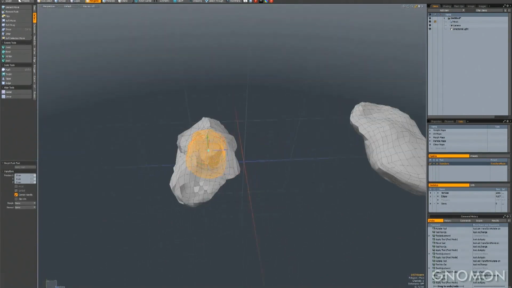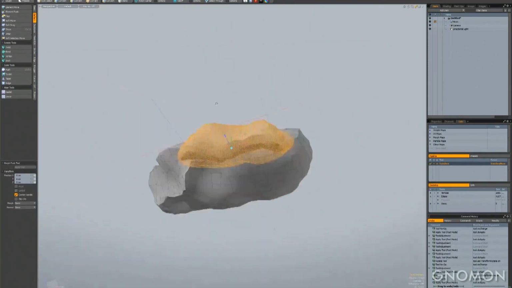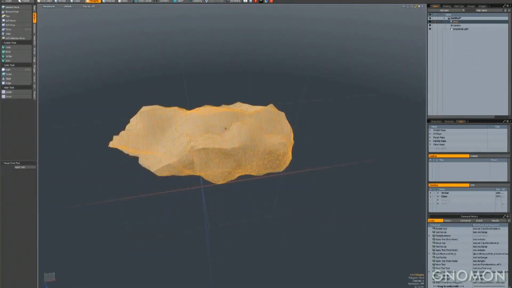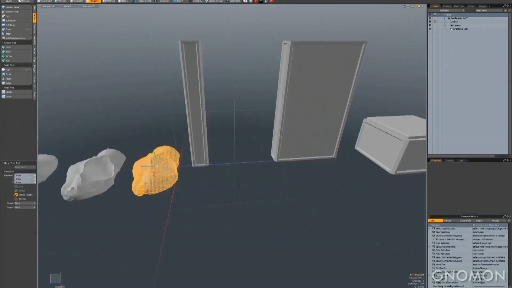And so right here, we'll just go ahead and do an additive one, just for a little bit more extra variation. And there's no cleanup at all right here. This stuff just absolutely works. It doesn't create a bunch of extra vertices or unusable geometry. It's just good to go, plug and play.